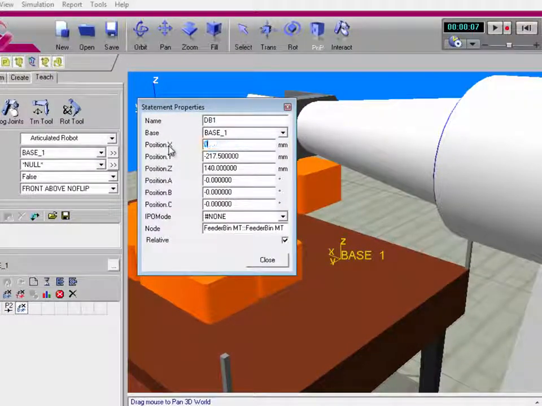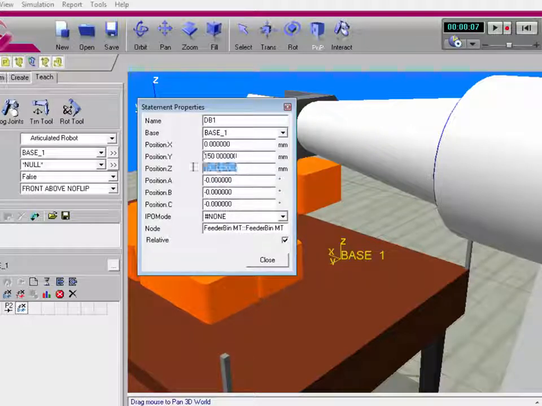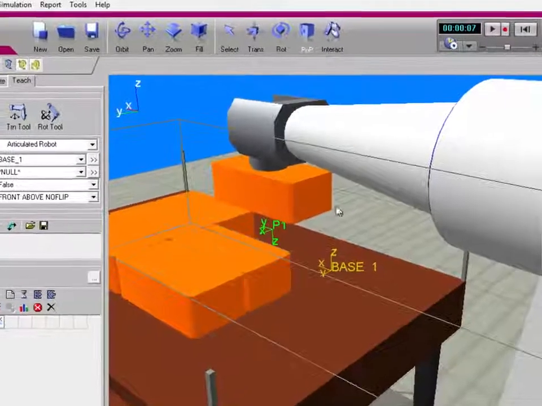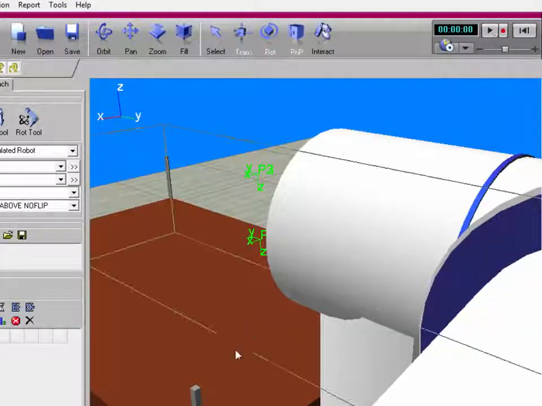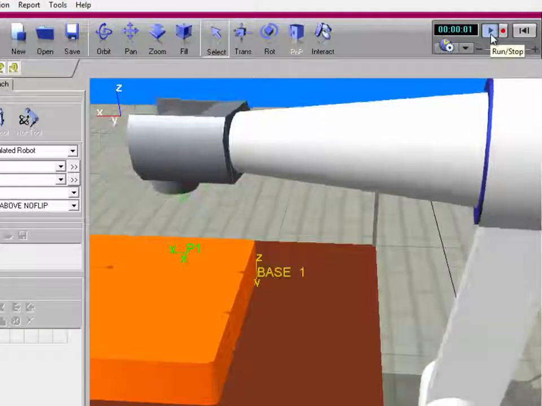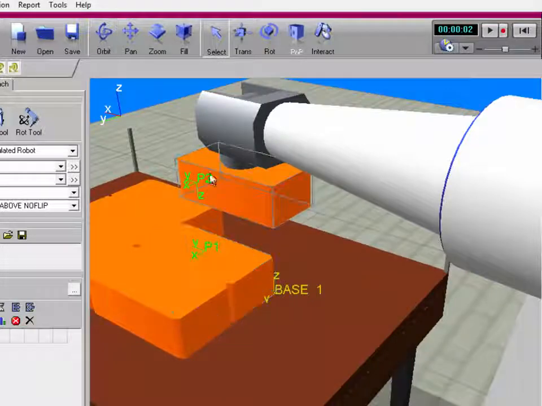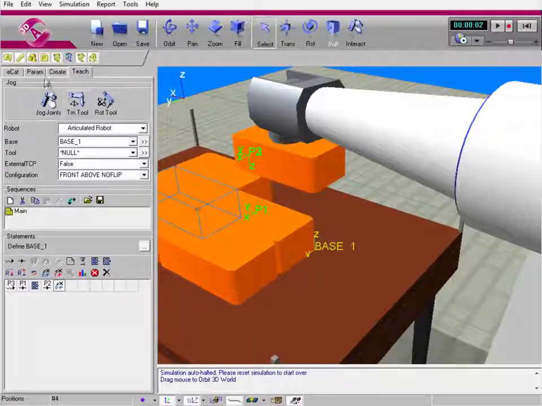not going to change the x-axis. I'll clear the position y field, and now I'll right-click to use that y distance I just took from the measurement of 150. Zero out z. Alright, so now I click Close, I reset the simulation, and I change base 1, and notice the positions change as well, so I don't have to recreate all those positions again. So now if I was to loop the program,